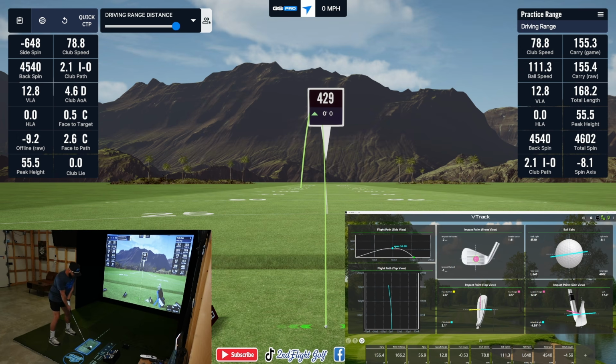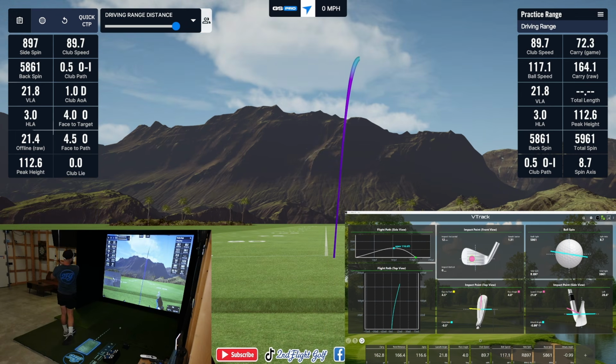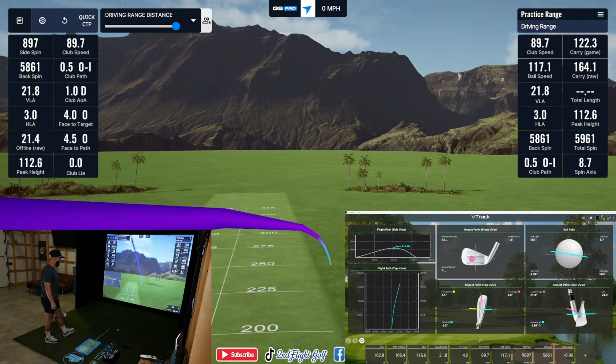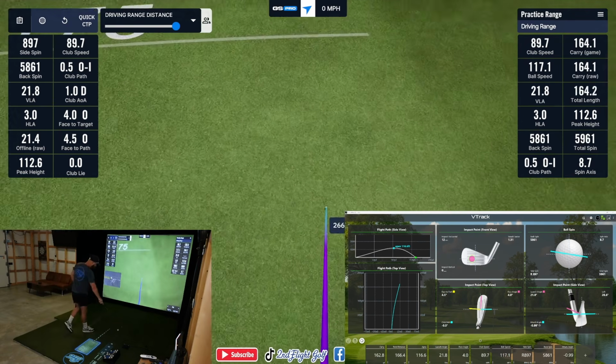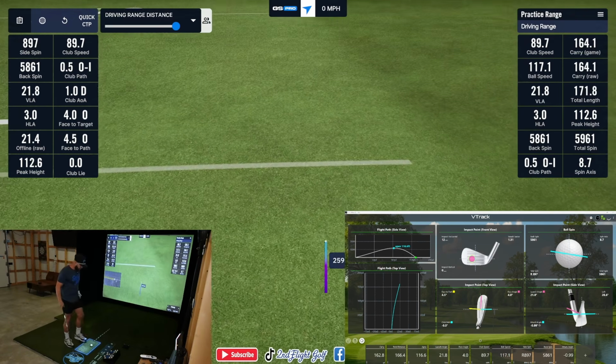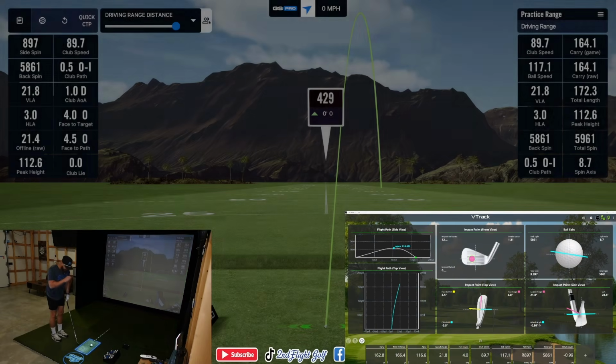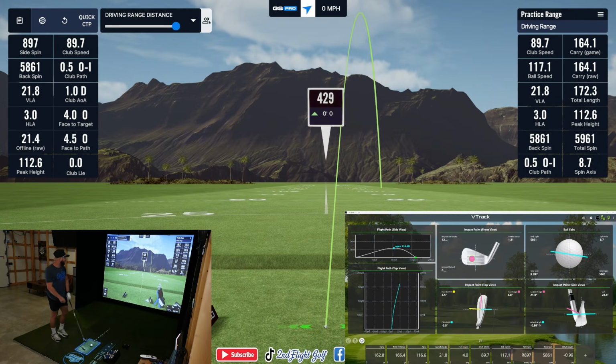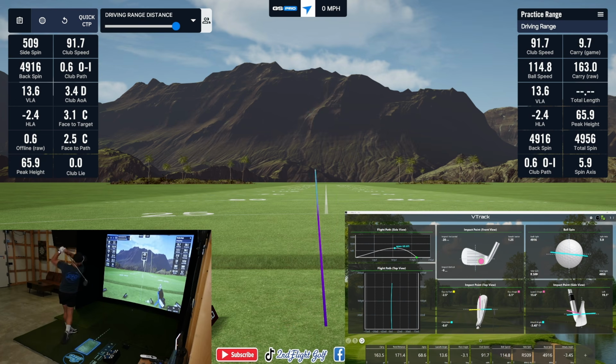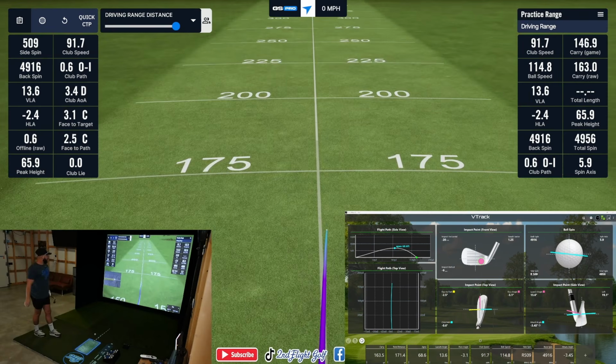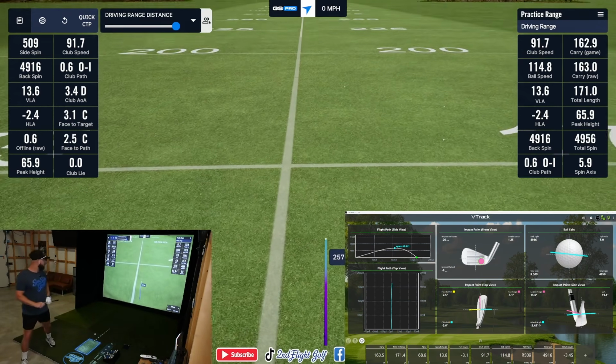Let's try to take one in high, a high cut. So definitely much higher, much higher. Open club face, so guys, I mean, spin rates look really, really good right now. All right, let's finish strong with just a good golf shot. There we go. A little low on the face, but